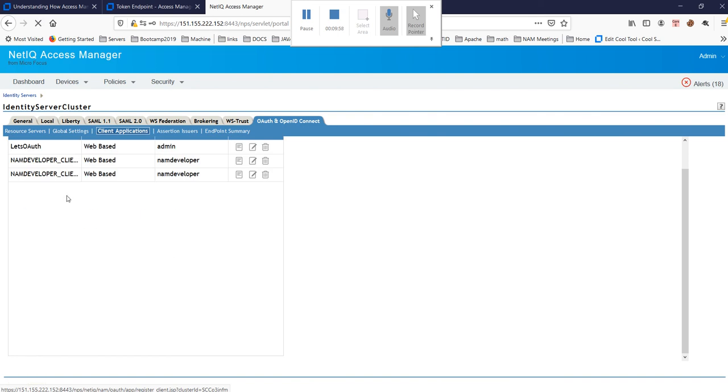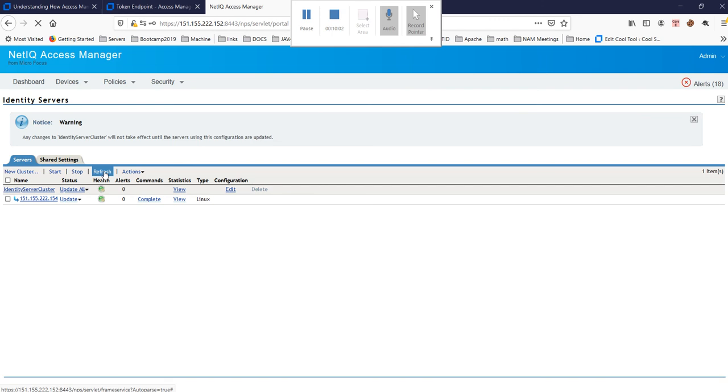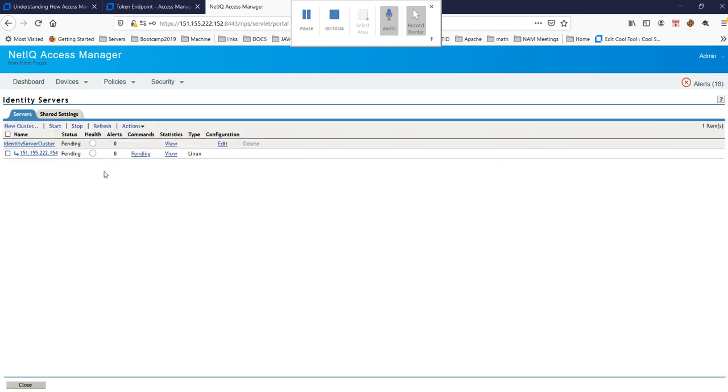This will bring the IDP in the update state. Go ahead and update the IDP server. Okay, so now the IDP server is updated. The client application is capable of using the SAML2 bearer grant, and also this IDP server can support